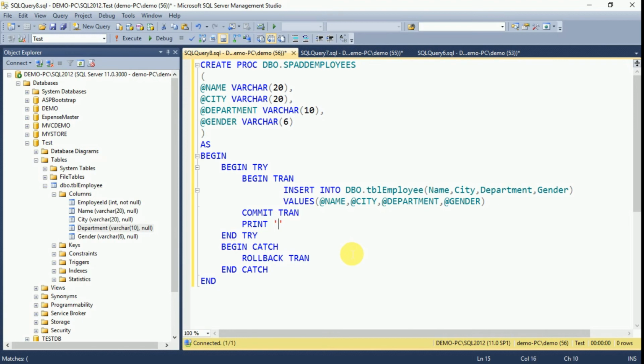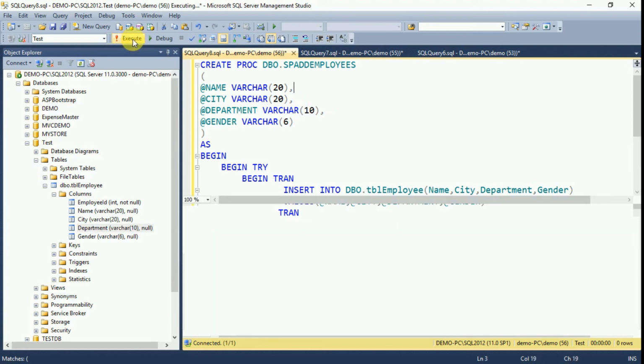Suppose if it is committed successfully, print transaction committed. Suppose if there is any error, here we have to print transaction rollback. Okay, so whenever there is an error, it will print this message.